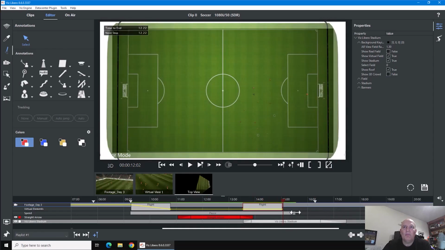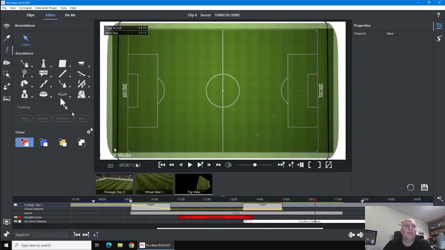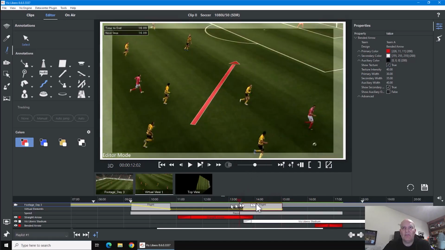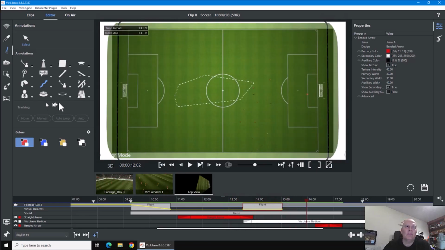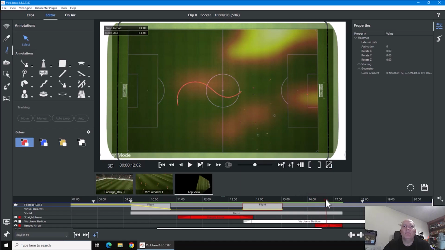So now my pause can go on longer, and if I wanted to, now at this point in the pause, I would then be able to annotate on top of this to be able to show more strategy or what the play had been, etc. And of course it works really nicely when we start to add things like the heat map, because then in the heat map you start to see where the play is going. You can link that to data, etc. So that's the bird's eye view.